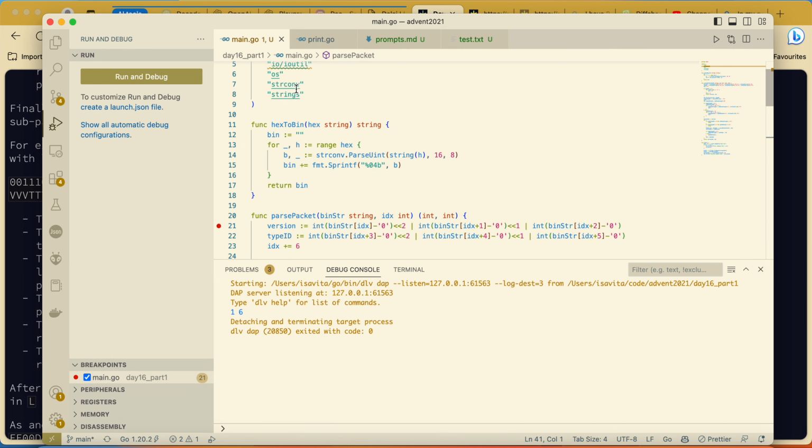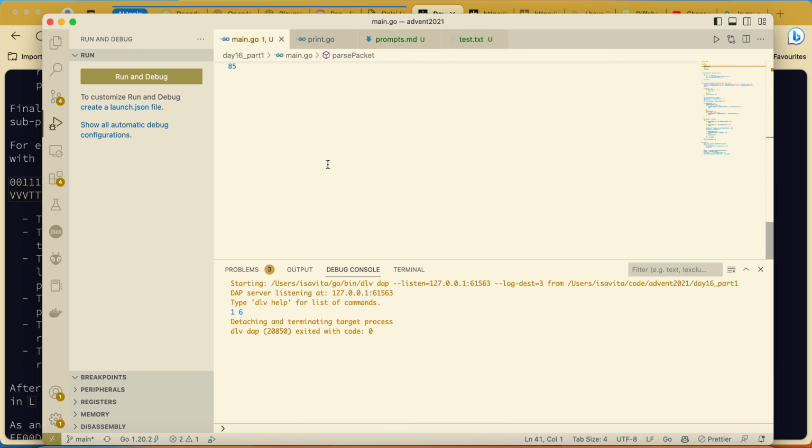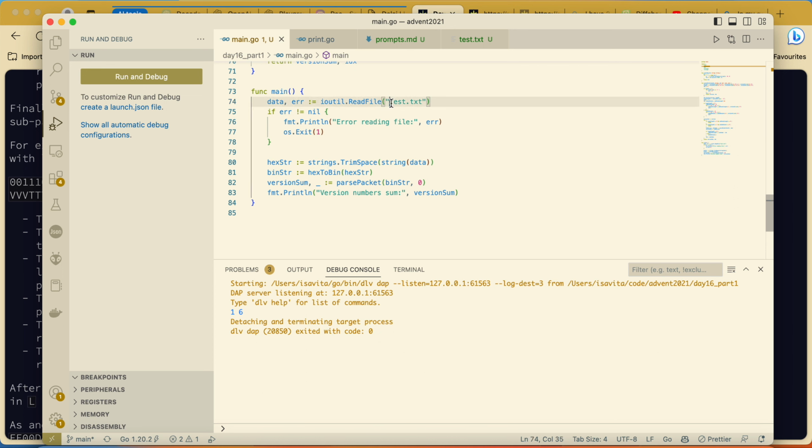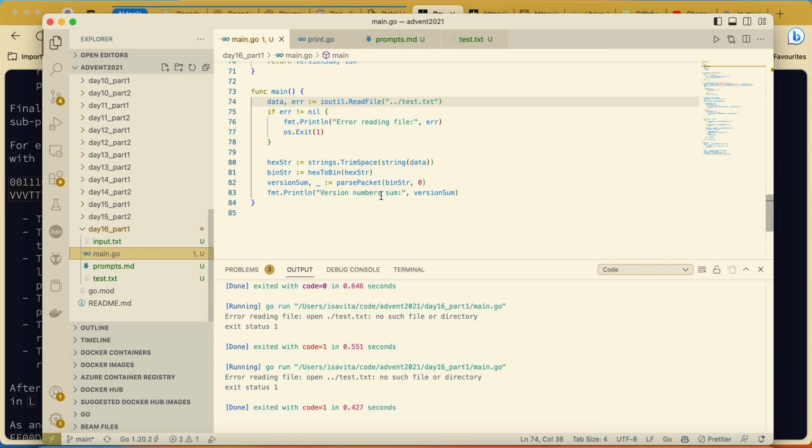Let me remove this breakpoint and let me simply run like that. Now that's like the entire project. I need to have it like the 16 part 11.